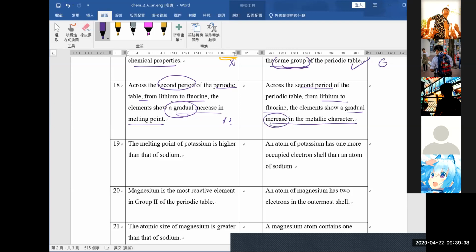You also put it as a tick here, right? So which one is the metal? Metals are commonly found on the left-hand side or on the right-hand side of the periodic table? What does it mean by gradual increase in metallic character? Which means the right-hand side is becoming more like metal, while for the left-hand side,